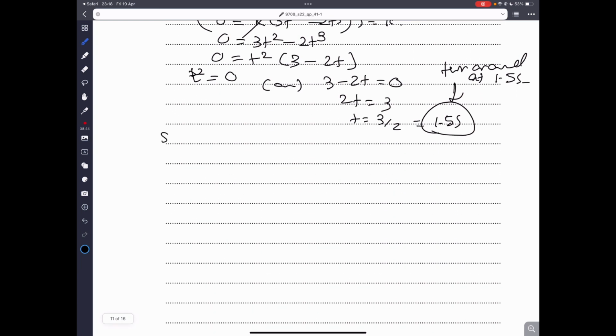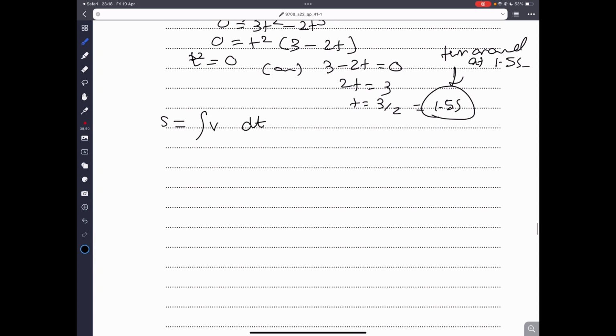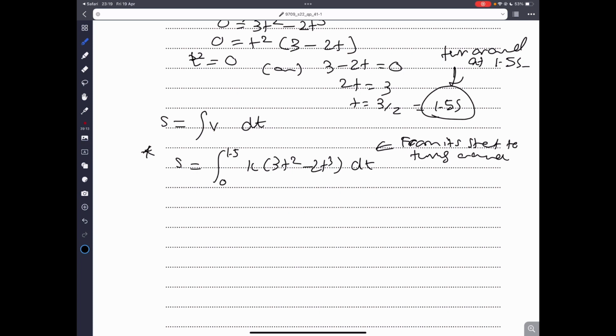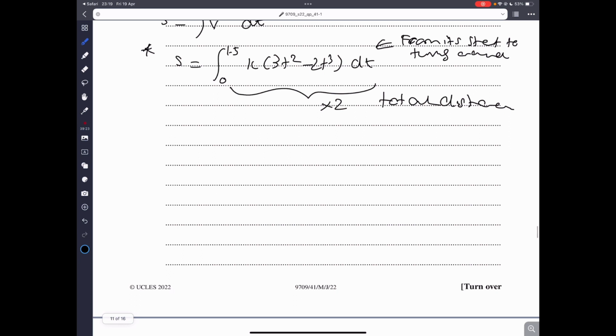And you have to remember, displacement is basically the integral of velocity with respect to time. So we will have to find the displacement, which is the integral from 0 to 1.5, the point at which it turns around, of 3t² − 2t³, from when it starts to when it turns around. Then we have to multiply this whole integral by 2 because it's asking for total distance. So we have to then find